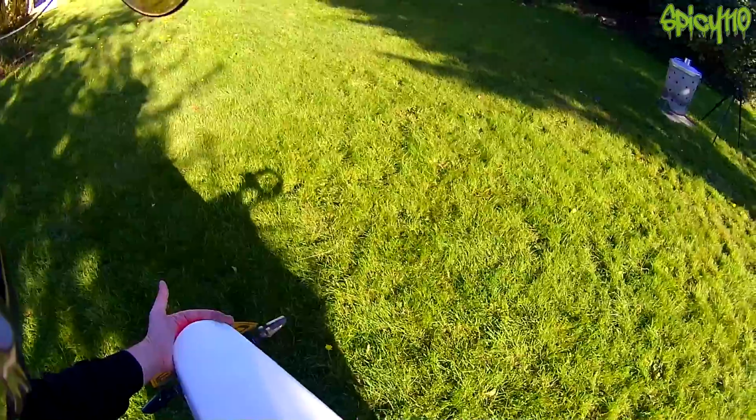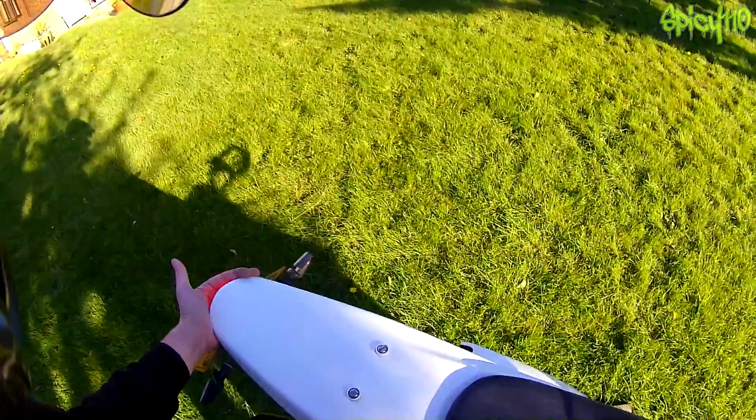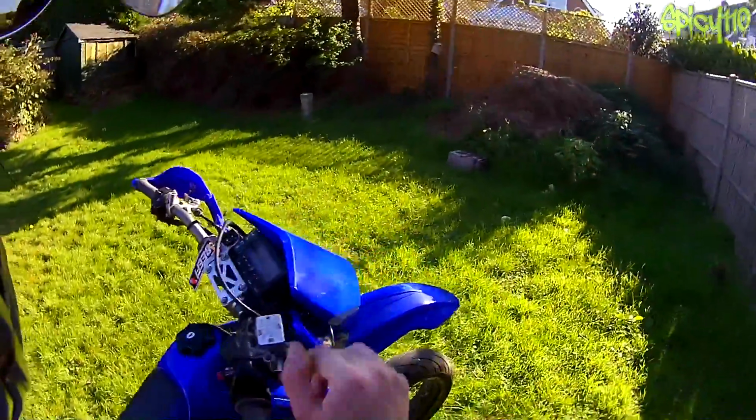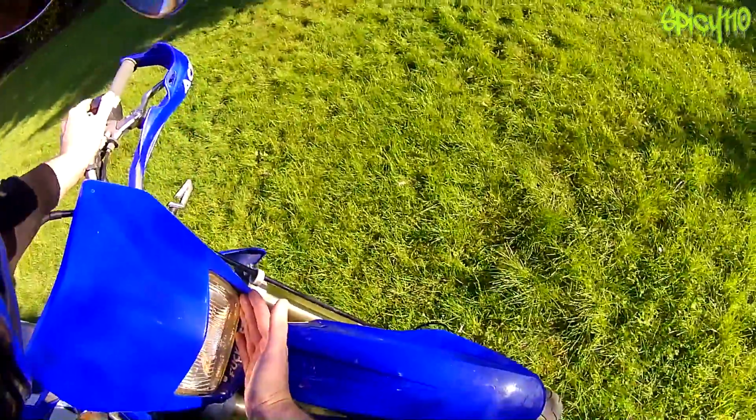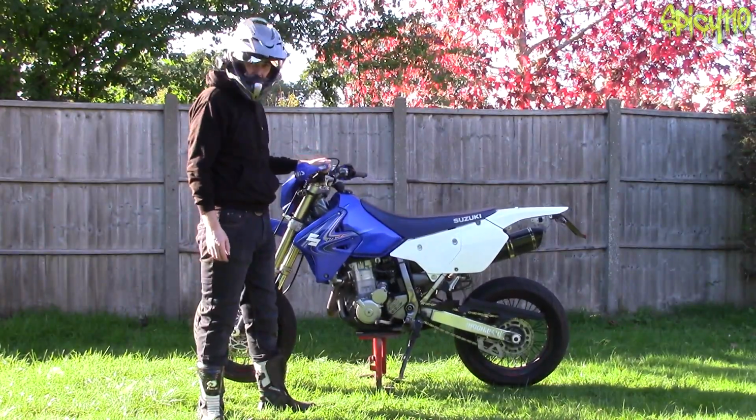Hand over the rear brake, make sure you can see that the light is on slightly, pull the brake and you should see it flashing like that, and same for the rear. Yep, there you go. Headlight is easy to check, low beam, high beam. You notice I've got this bike on a paddock stand, so it's fully off the ground, so I can spin